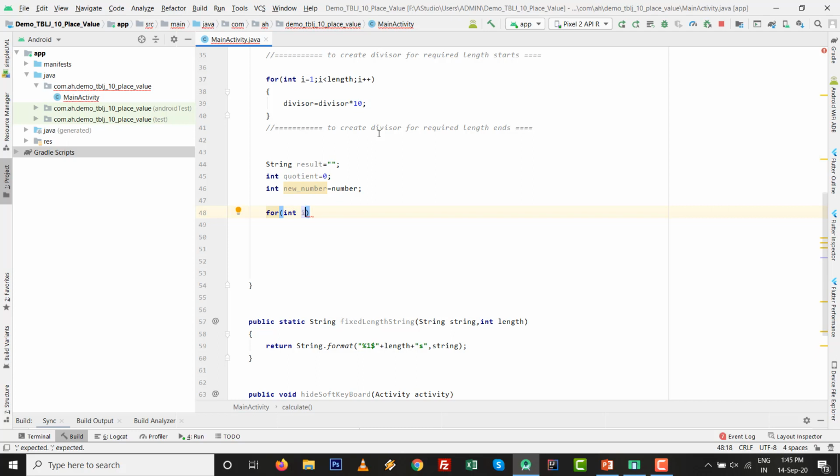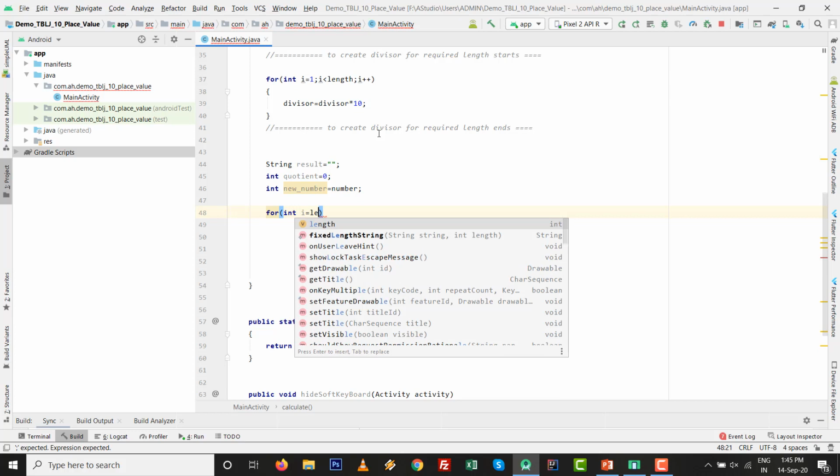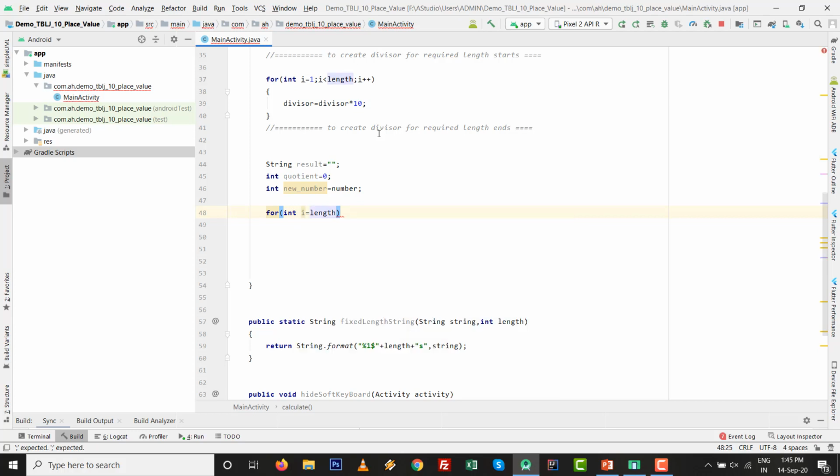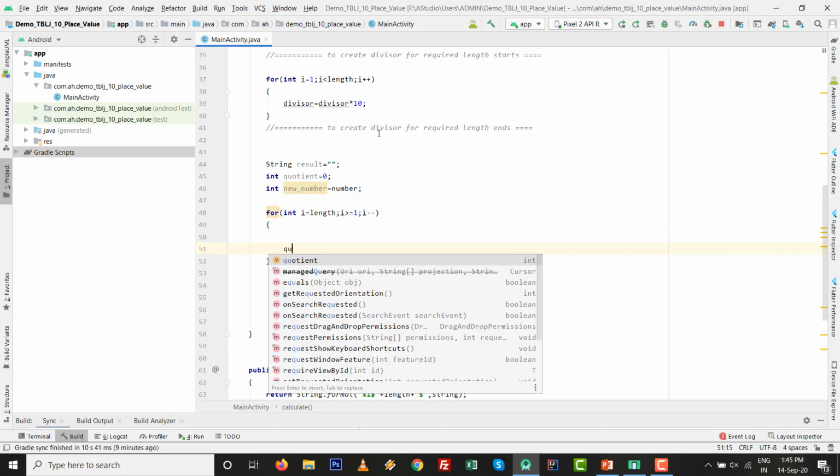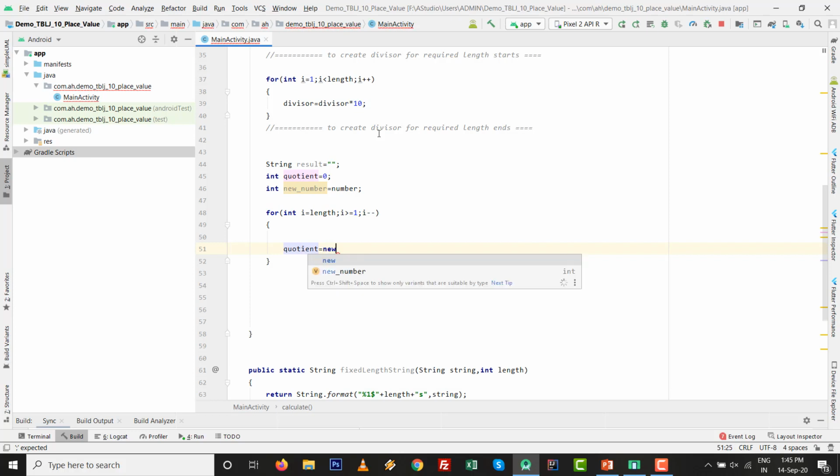So integer i equals the length, then i is greater than or equal to 1, i minus minus. Inside that I first initialize the quotient equals new number divided by divisor.